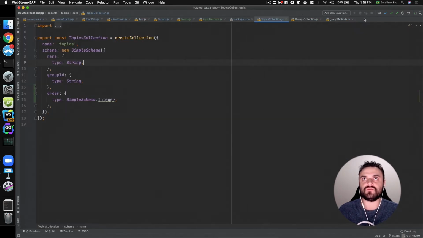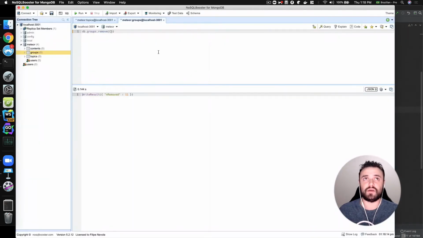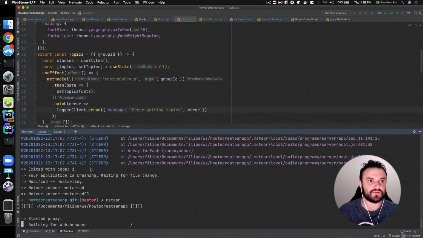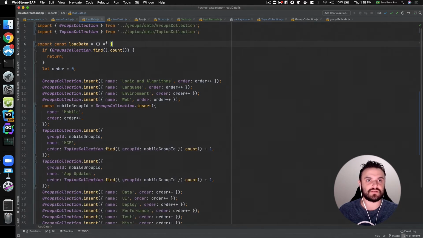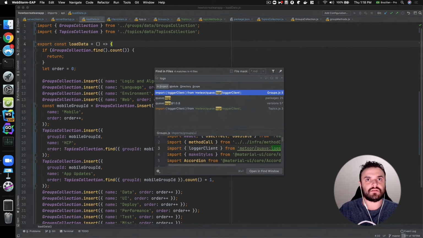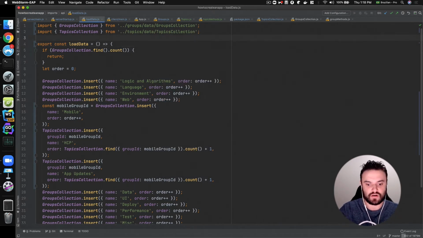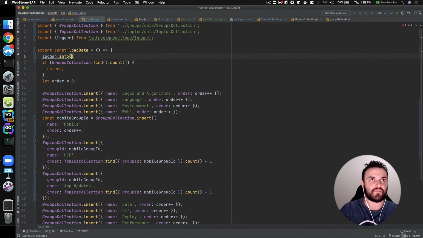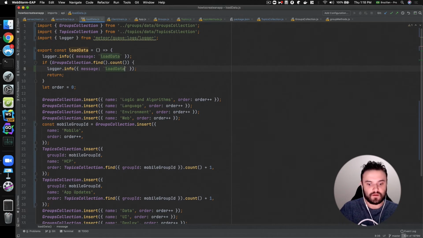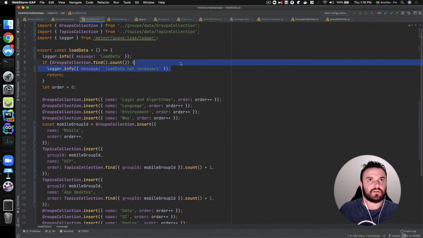And it's going to add these topics here, and you should be able to see our topics in the UI pretty soon. Usually when I have this code that runs on the startup, I like to add some logs. It's good to have some logs so you are aware of what's going on, because sometimes this code can start to be slow and you are running this every time, and that can affect the performance of your restart. Let's add some message here, load data, and then load data not necessary, and then load data